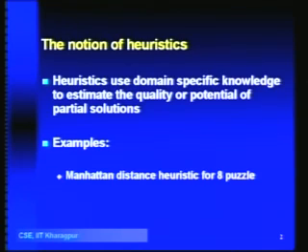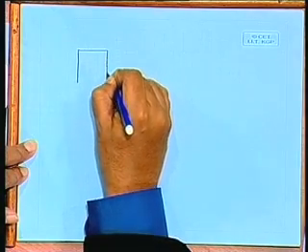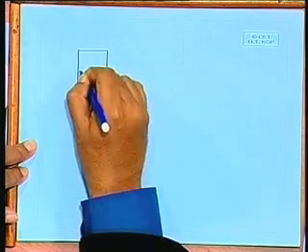One of the most common heuristics for the 8 puzzle is the Manhattan distance heuristic. Now, you remember the 8 puzzle where you have the 8 tiles arranged in a 3 by 3 square, and we have to slide the tiles to bring it to some configuration. So, to see the Manhattan distance heuristic for this problem, let us say that